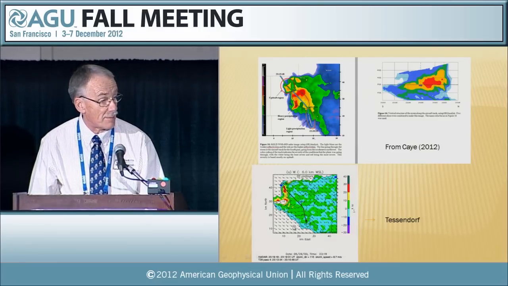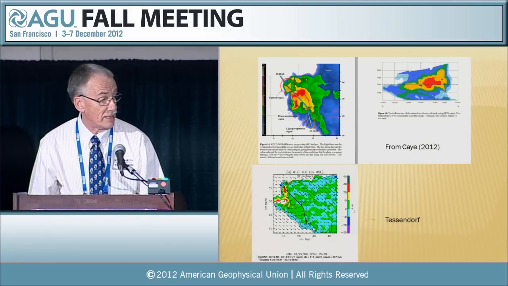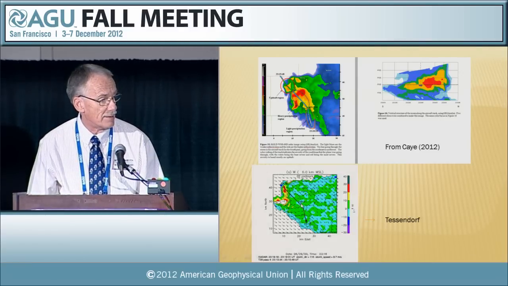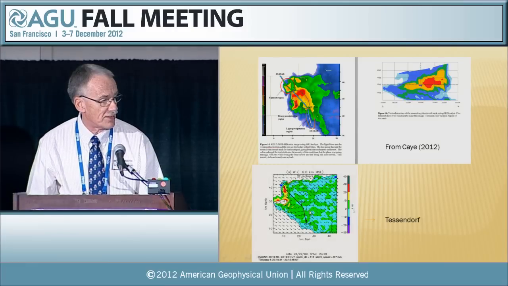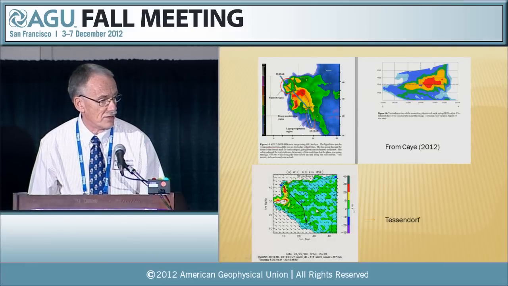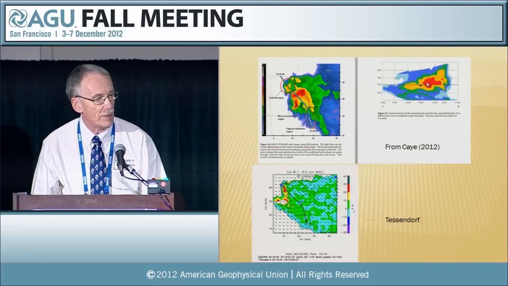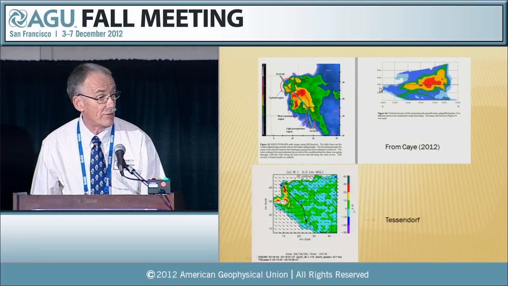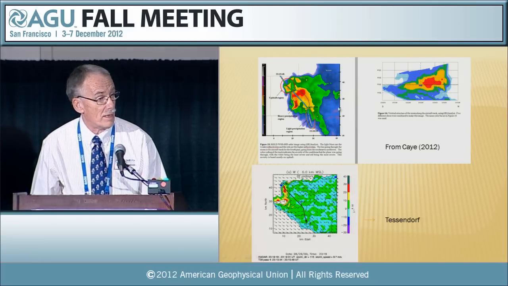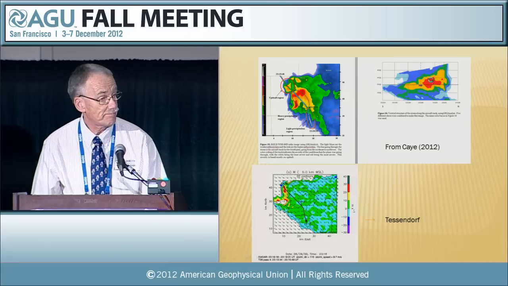This is a Doppler analysis that Sarah Tessendorf did showing strong updrafts up in this region and neutral to descending velocities in this region out here. Here is a vertical profile of the reflectivity along the aircraft track going from south to north, and in this high echo region here, most of the precip is above us.